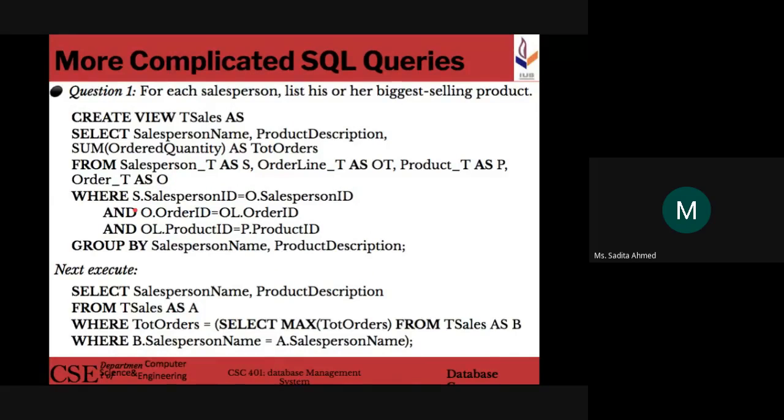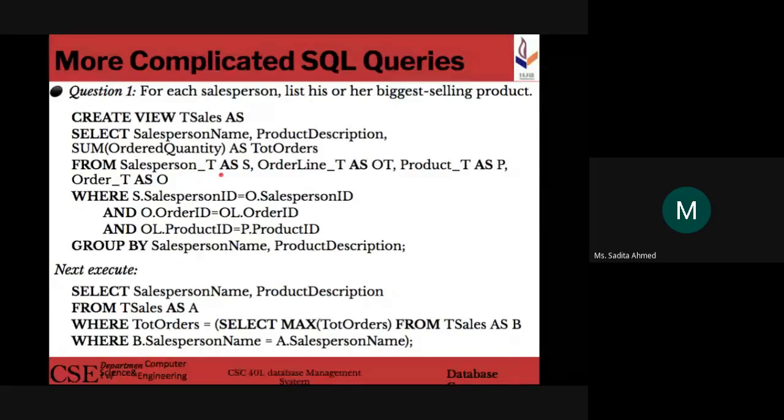So basically what we're doing here is that in this dynamic view, we are storing the total orders received by a salesperson for each product they have sold. As simple as that. প্রত্যেকটা সেলসপারসনের ওরা যে প্রোডাক্ট সেল করেছে প্রত্যেকটা প্রোডাক্টের টোটাল অর্ডারস আমরা লিস্ট করছি একসাথে, ঠিক আছে? So as you can see, the salesperson table, order line table, product table, order table, all 4 of them joined